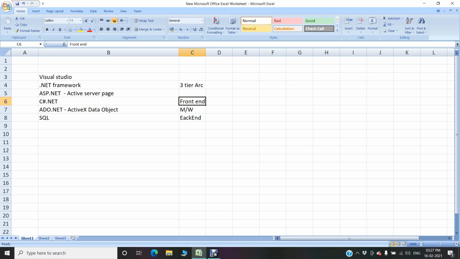And what is middleware? You have designed a page, but there should be some logical operations, right? For example, when you click the share button in Facebook, your image is shared, so we need to write code for that. Or if you take a simple login page, when you click your login button, it has to check whether your user ID and password are matching. That is the middleware.